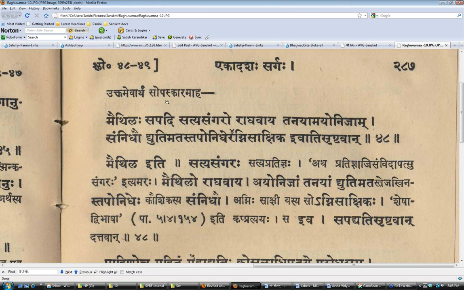In fact, we can use the expression in our daily speech when we say something. So, tell me in detail. Sopaskaram bruhi. Oh, I see. They can say sopaskaram bruhi. Tell me in detail. Tell me the... That is saha